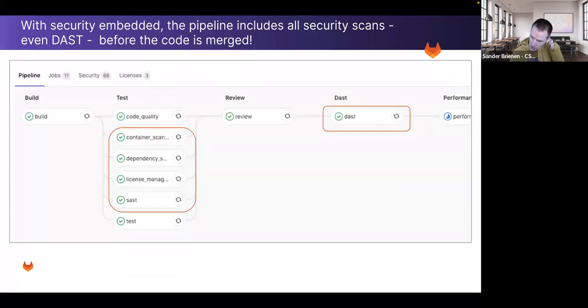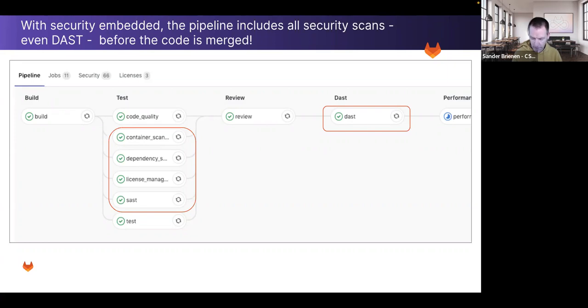How does it look in a pipeline? If you use, for example, Auto DevOps, you have a build pipeline that can look like this. In the build stage, you run build, and then in the test stage, you run all the tests. This can be, or is typically, on merge request level. So the container scanning and dependency scanning run in the test stage. Then a review app is deployed, and the DAST scan and potentially the Web API fuzzing test run in the